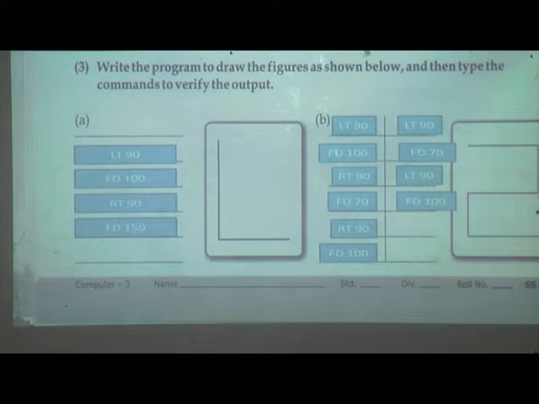This space is not enough for writing this full program. That's why firstly draw a line between this.